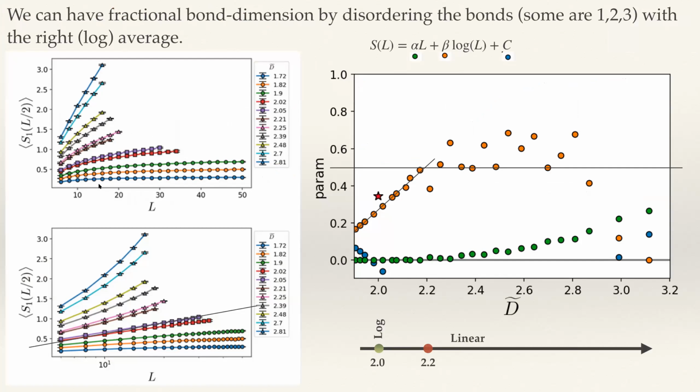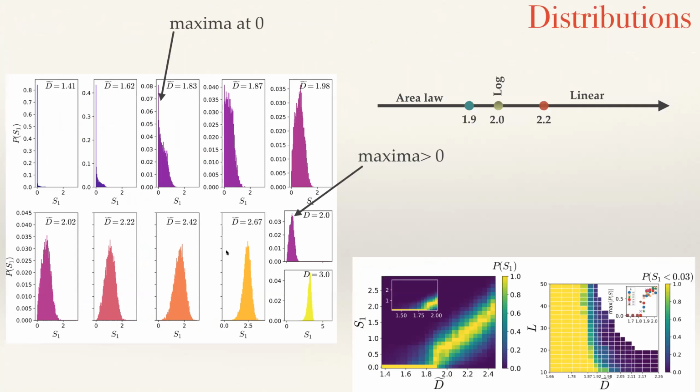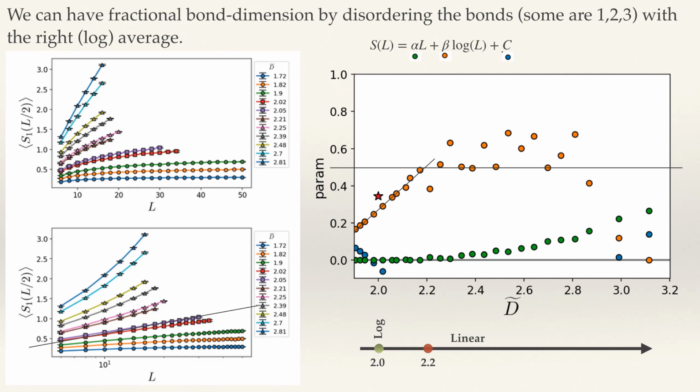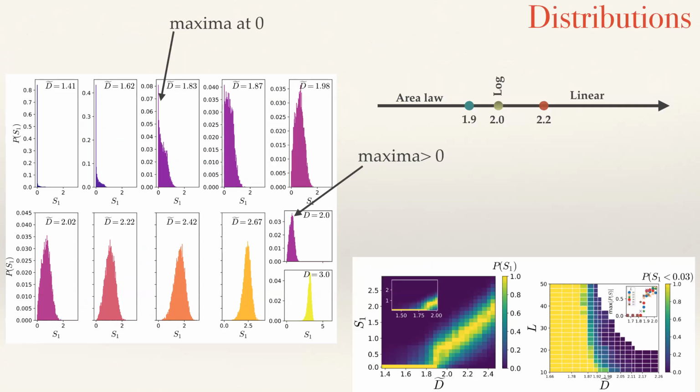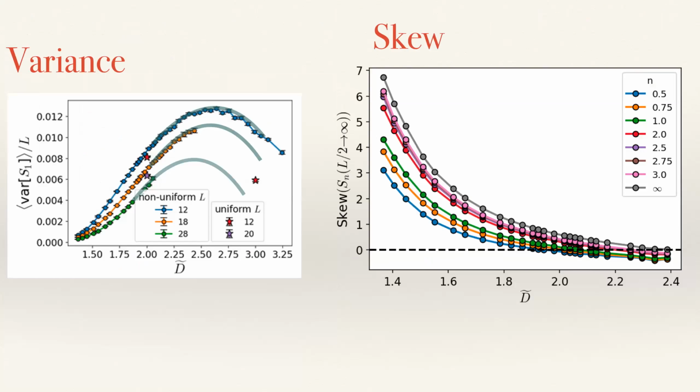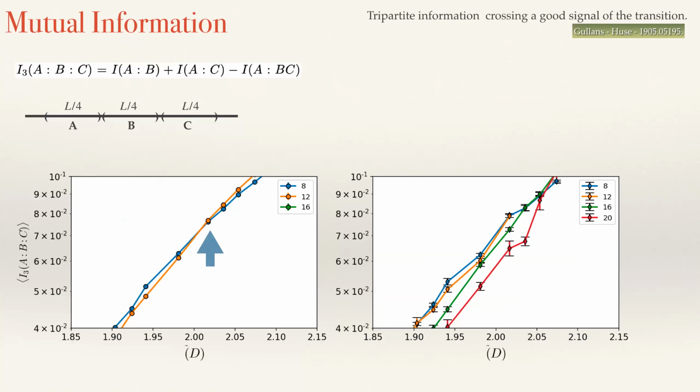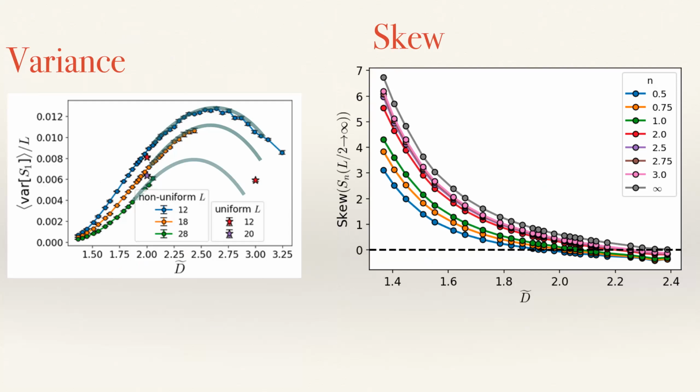And then what we did is a lot of sophisticated analysis to try to ask the question, where is the transition? I'm happy to detail all of this analysis, but what we end up finding, we look at the entanglement as a function of system size, just like we did in MBL. We look at the various histograms and distributions of the entanglement, because each of these PEPs is a random disorder PEPs. And we look at variances, we look at skews of that distribution, and all of this